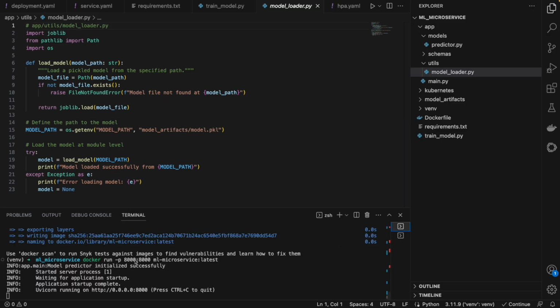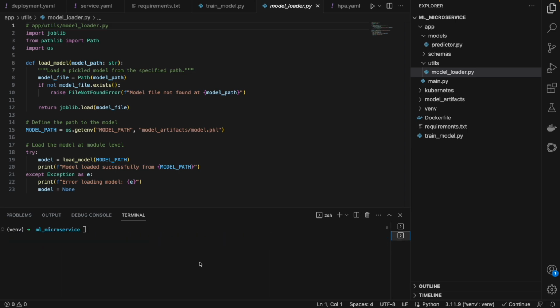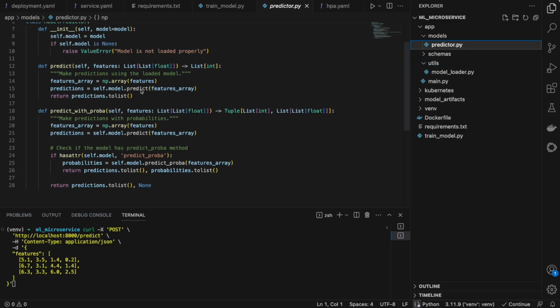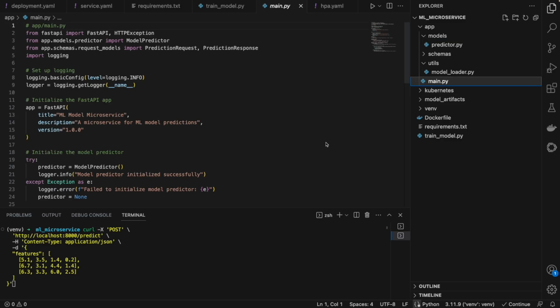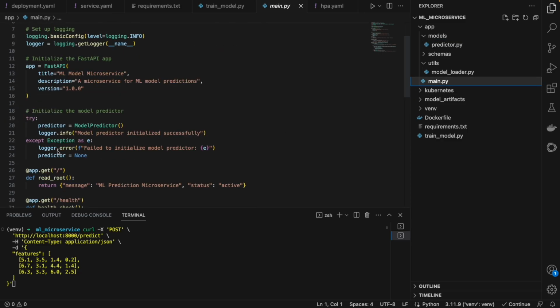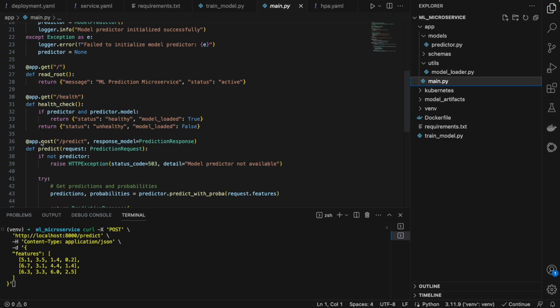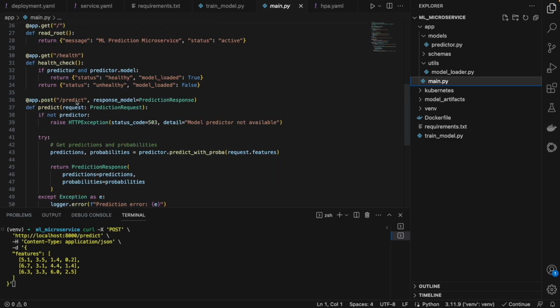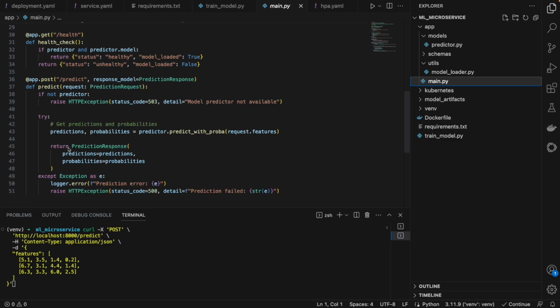But now, since my Docker image is running, how do we check it using the curl command? This is the curl command that I had written: localhost 8000, and it will hit the predict method, which is defined in the model predictor. There must be a predict method, or maybe in the main file. Let me check the main file. So this is the model predictor health. Here is the app.post predict method. Whenever a hit from the localhost comes, it will process it and give back the result.